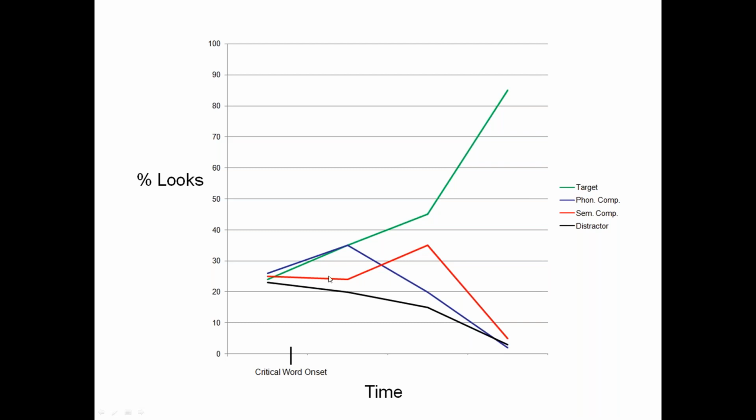This is example data. I totally made this up, so please don't use this for any kind of reference in a paper or anything. But basically, you might expect a brief bump to the phonological competitor, or the grill in our little example, as they hear the very beginning of the critical word. And then once they realize, okay, it's not grill, it's grapes,